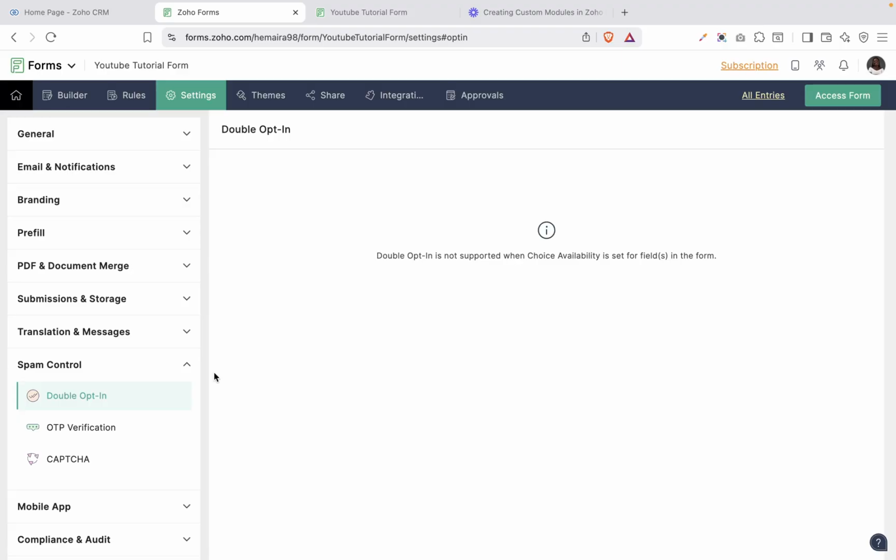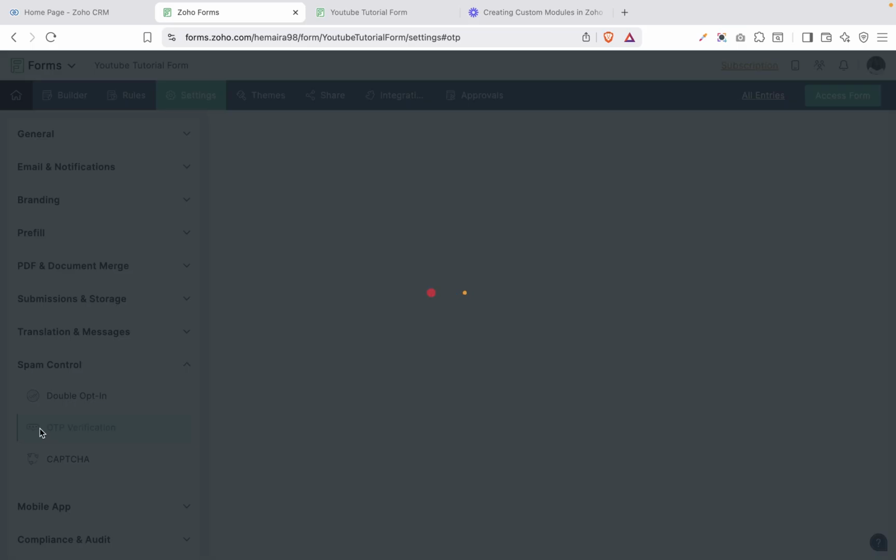So the confirmation email will be sent to them for them to be able to confirm their submission before this submission can be accepted in Zoho Forms. This is going to help you to manage all the fake entries and manage bots that want to start filling in your form. You can also include your OTP